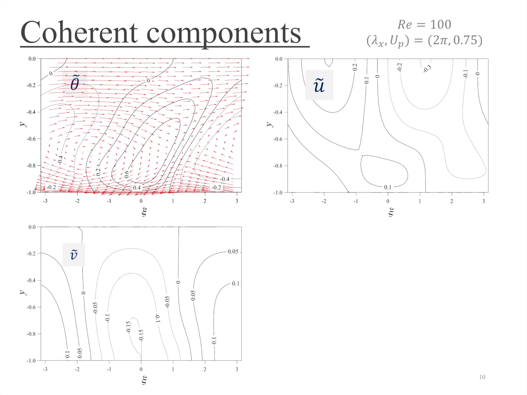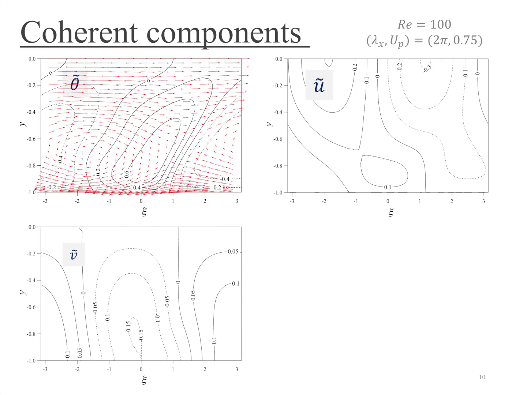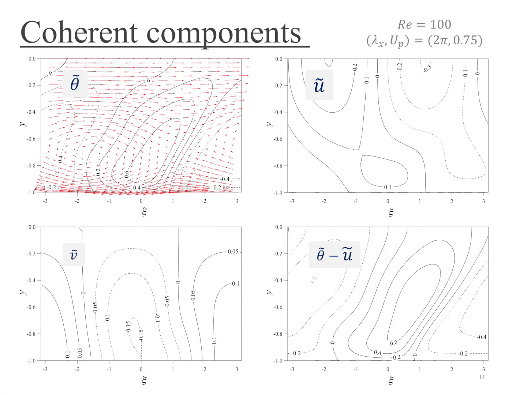Coming to the U tilde contour, the favorable pressure gradient generated above psi equal to minus or plus lambda x by 2 and the adverse pressure gradient generated above psi equal to 0 result in fluid acceleration and deceleration in the upstream and downstream direction of psi equal to 0. The absence of such a mechanism for theta tilde makes its response quite different from that of U tilde, which becomes further apparent from the distribution of the theta tilde minus U tilde contour, which eventually leads to large dissimilar heat transfer enhancement. To understand how this large theta tilde minus U tilde eventually leads to dissimilar heat transfer, we